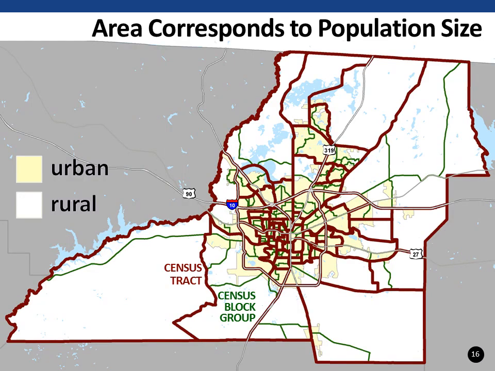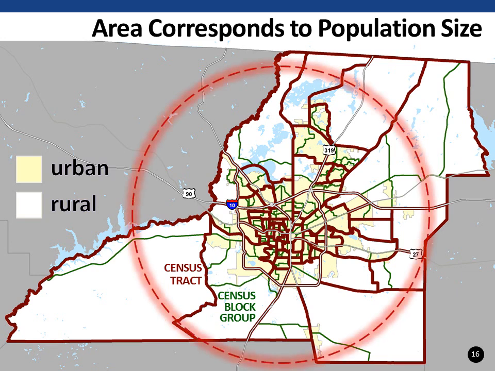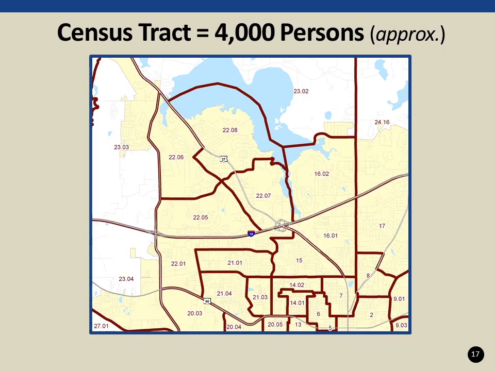Generally, the scale of the lower census geographies corresponds to population size. On the map, notice how the census tracts, shown in dark red lines, and the block groups in green, are much larger on the urban periphery than in the city center. Where the population density is higher, we can expect the lower level census geographies to be smaller than would occur where densities are lower. I'll spend a minute or so on the characteristics of the lower level census geographies, starting